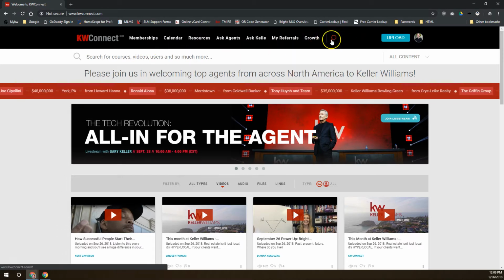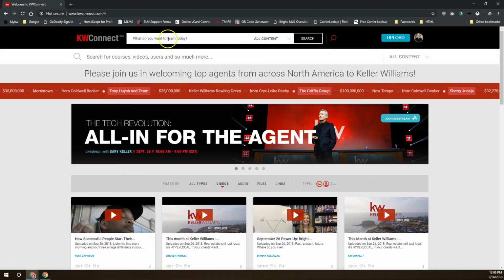To the right of this menu, we've got this little magnifying glass. This is the universal symbol for search. Anytime you see a magnifying glass, that means you're going to be searching whatever platform it is that you're on, whether it's KWConnect or Google or anywhere else. Magnifying glass means search. So if you click on that, it's going to pop out a search bar in place